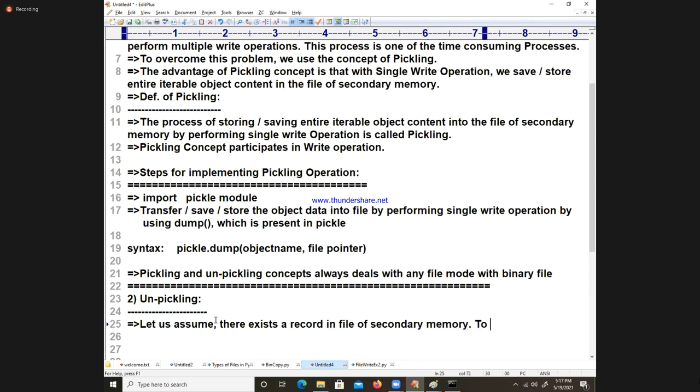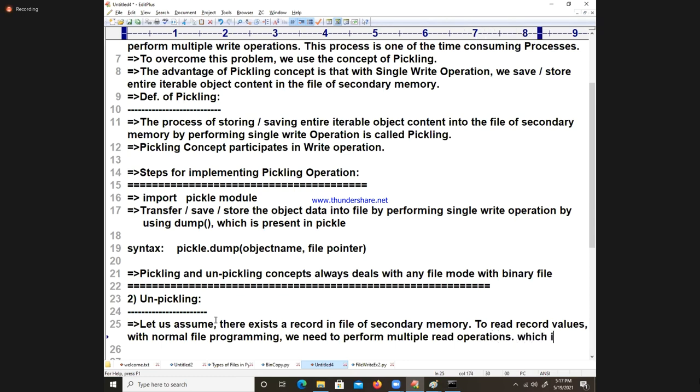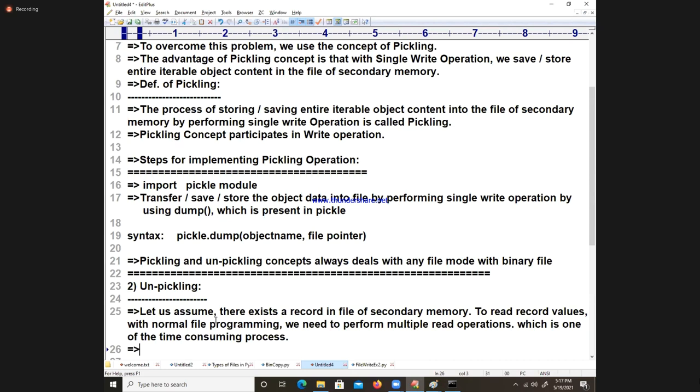To read this record values with normal file programming, we need to perform multiple read operations, which is one of the time consuming processes. To overcome this problem,